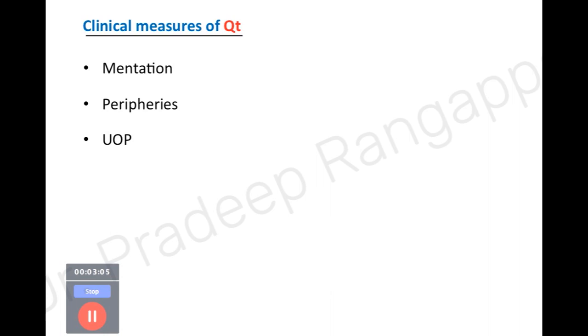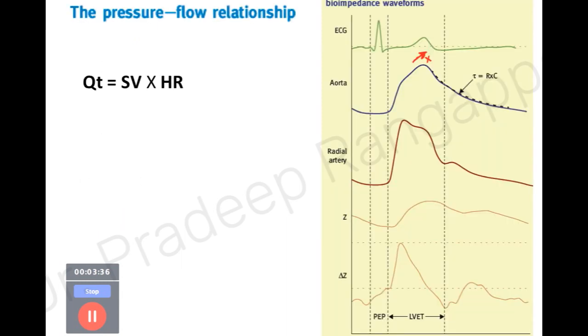And most important, urine output. If someone remains oliguric with cold peripheries, you know for sure that cardiac output is compromised and it needs to be optimized. Mixed venous oxygen saturation is one of them. And biochemical: when you do a blood gas in someone who is hypotensive with cold peripheries, if lactate is high, it is an indicator that perfusion is not happening. So don't undermine these important clinical measures, which are readily available at any bedside, to determine that possibly the patient is in a low cardiac output state.